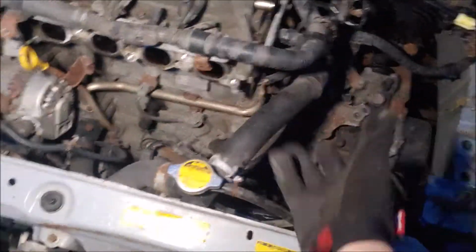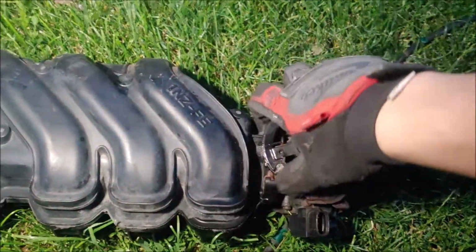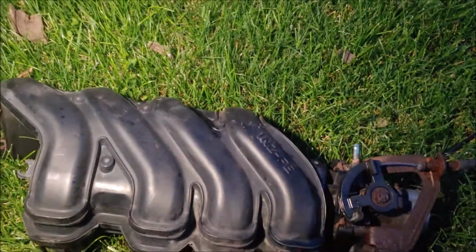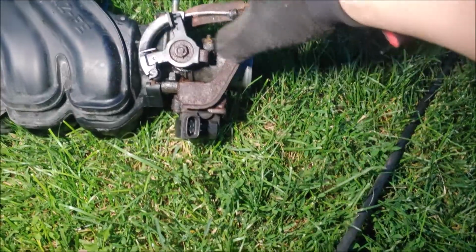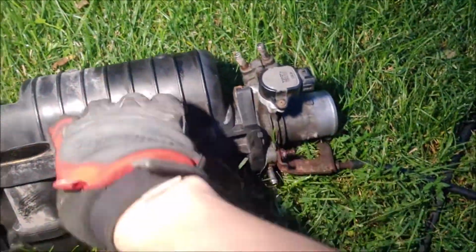I was able to remove everything, the air box, all the hoses, the throttle and the intake itself. I had to remove the entire thing because one of the bolts is rounded off and the actual wire isn't going to come out, so I did have to remove the wire. If it does break, I'll probably get a new one, but if it doesn't, I'll try to salvage this one. Now I'm gonna go back to the garage, try fixing the rounded off bolt, and see if I can actually